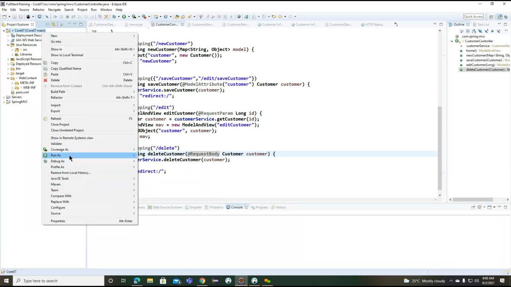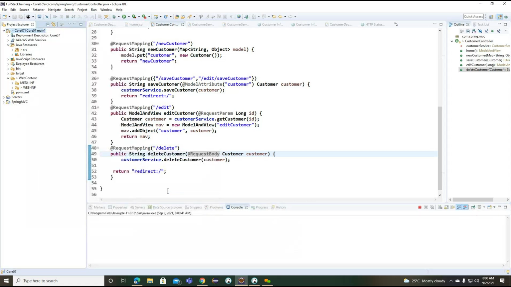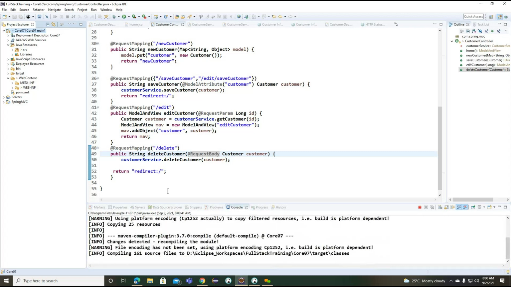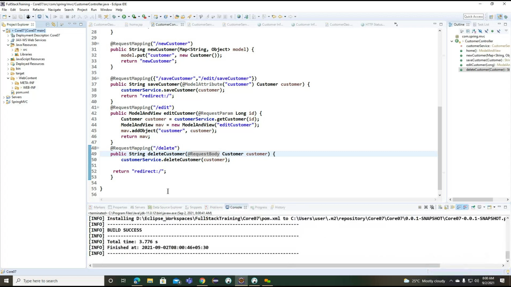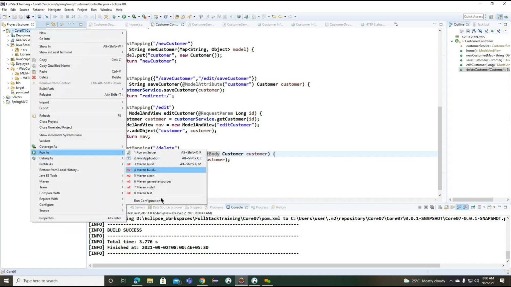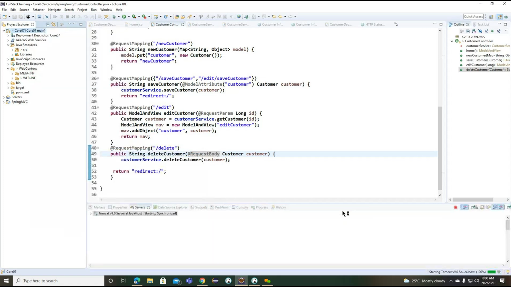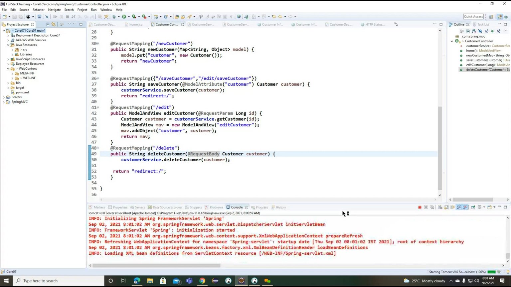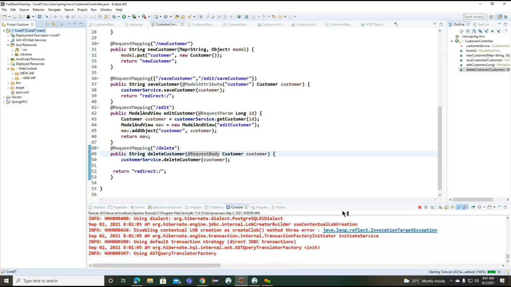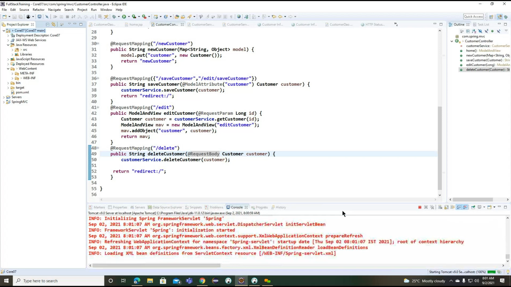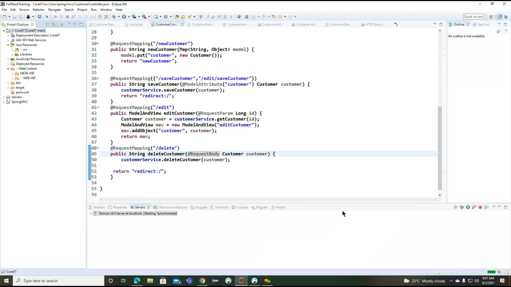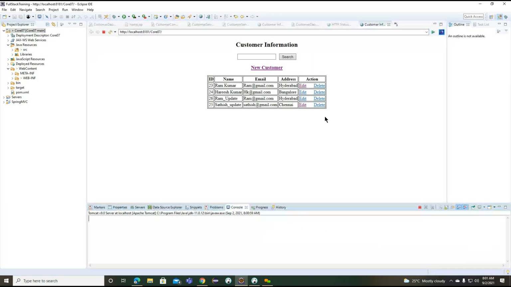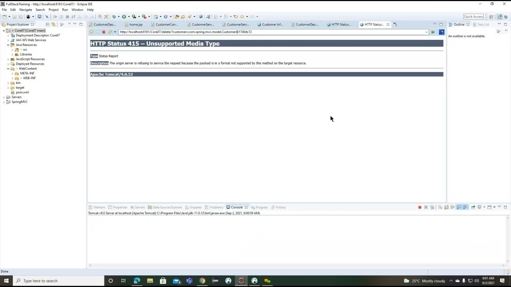From the ID, we'll load the object and delete the particular object.